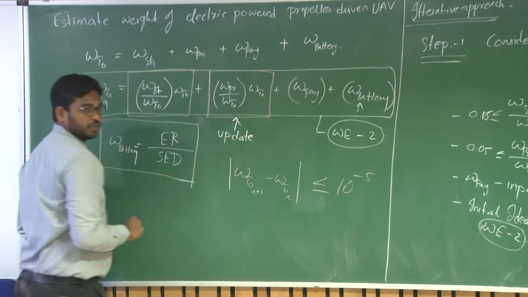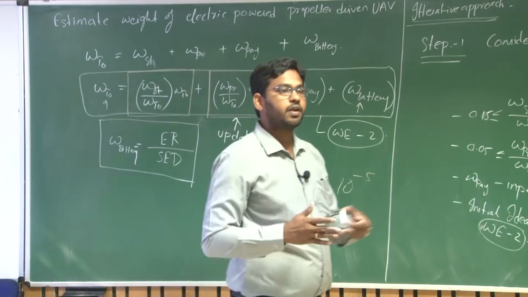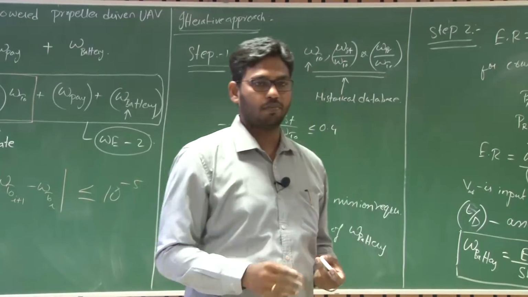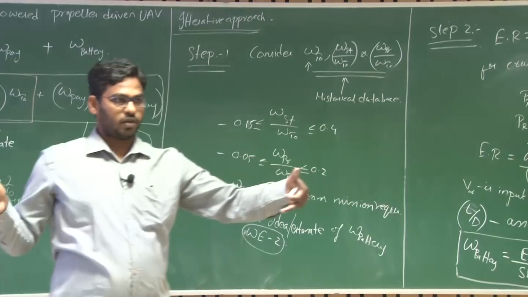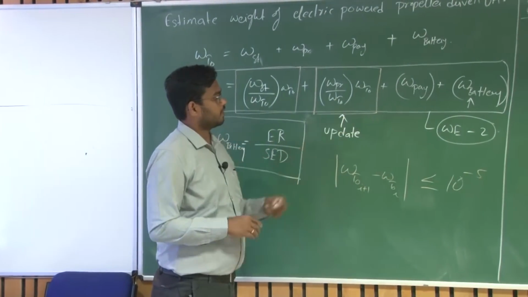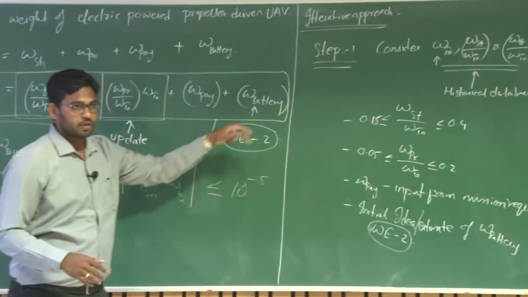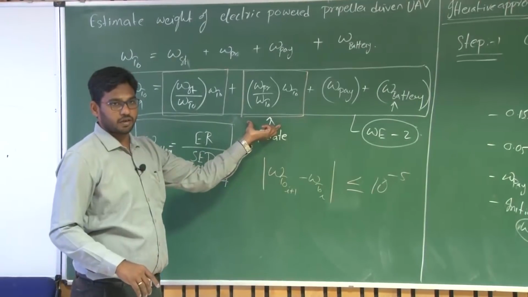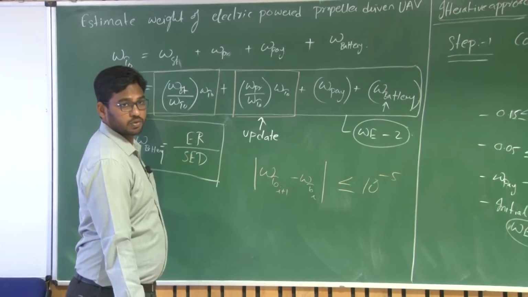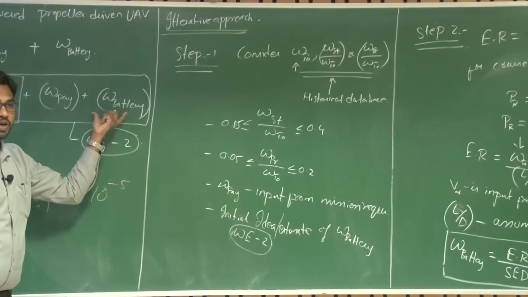this particular parameter, right? And moreover, we know that a power plant can deliver a range of power. It is not that it is designed only for a particular power requirement. It can deliver a range of power, right? So that means a selected power plant can take care of the change in the battery weight again, because now you have an updated weight here. What happens is again the overall takeoff weight changes because of it. So now you have to repeat this process again to update the corresponding battery weight.